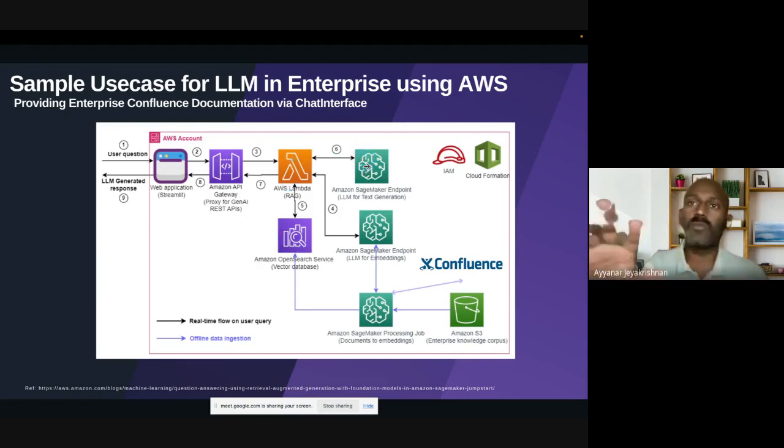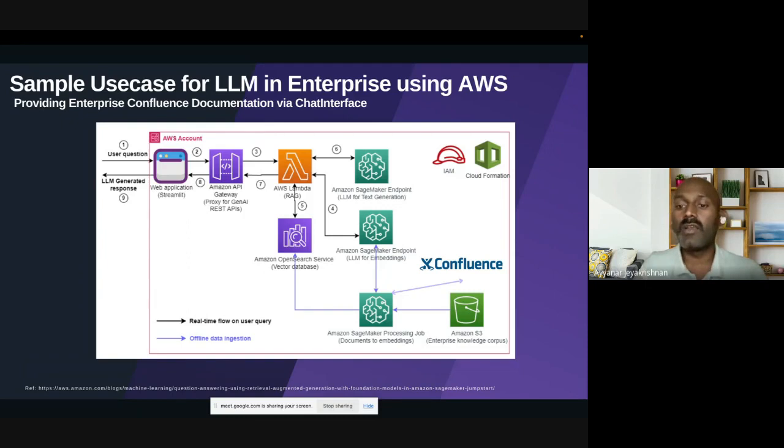So you have your prompt, okay? Who won the IPL 2023? And it will go check in a vector database. It has updated information, and it will give it to the SageMaker endpoint, and we'll give you the story. So there are two endpoints here, one for the embedding, one for the text generation. This is one use case, and you can apply the same use case for multiple things.